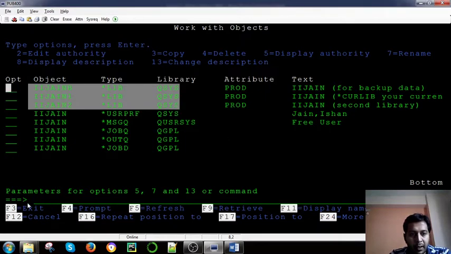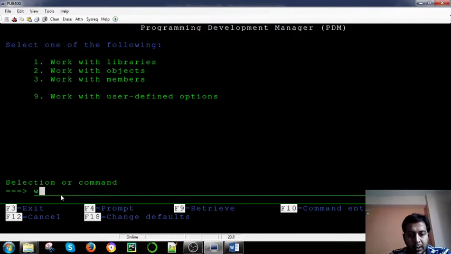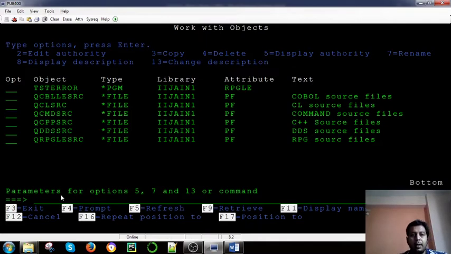And now you want to access what is in this library, so you can use the work object command with my library, and these are the types which exist in this library, right?